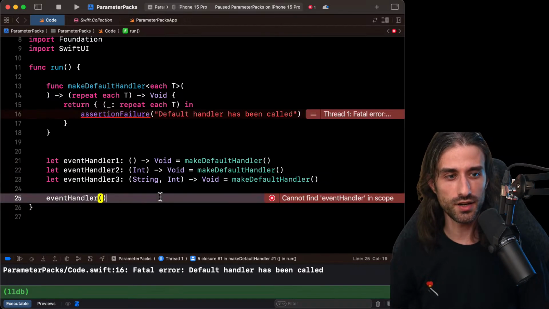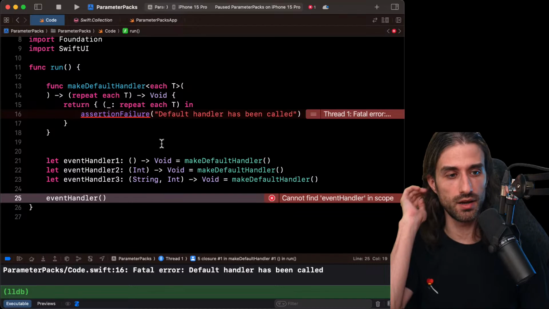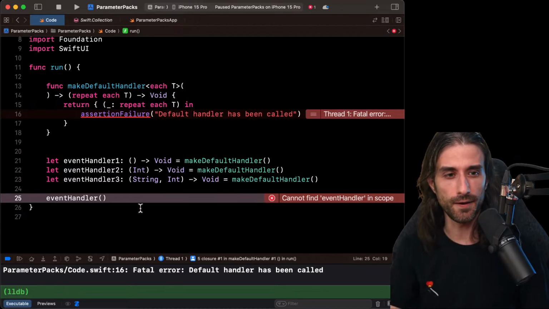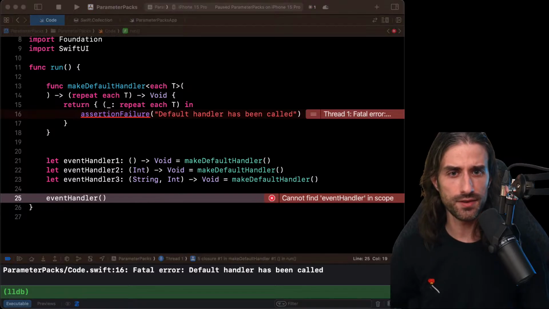So if you use SwiftUI and you use the environment to inject event handlers, this is a pattern that you can basically integrate in your app straight away. And it should be quite useful because it will add a nice level of safety in case you forgot to inject an actual event handler.